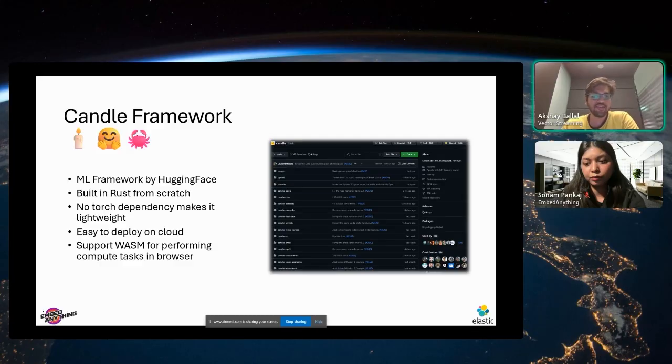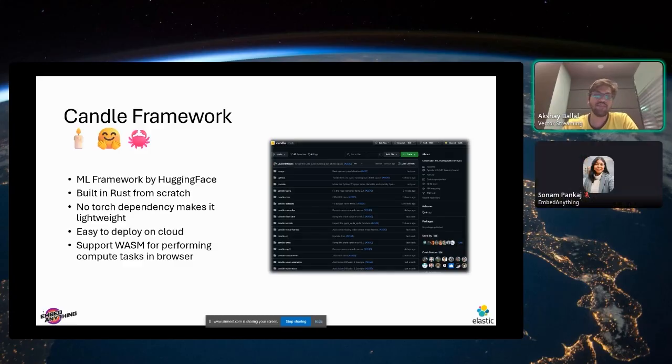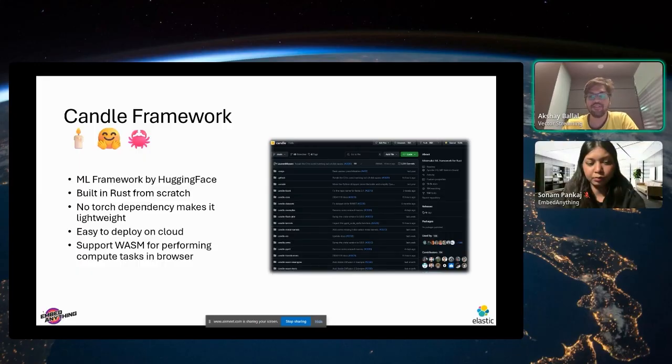And also one of the biggest selling points of using Candle, and so for embed anything, because it is built on Candle, is you can deploy it into a browser. It can run in a browser using something like WebAssembly. So you can make it a binary and the browser can use it. So you can basically serve your product in a browser, and the compute is used by the host computer, so you don't even have to have a server. If you have any product which uses edge-based inference, this is something that can be easily integrated into that solution.